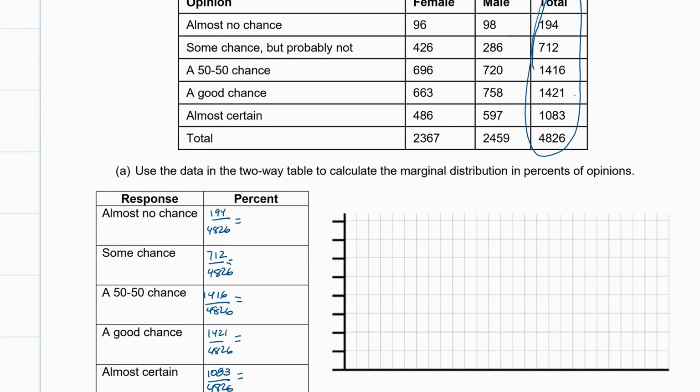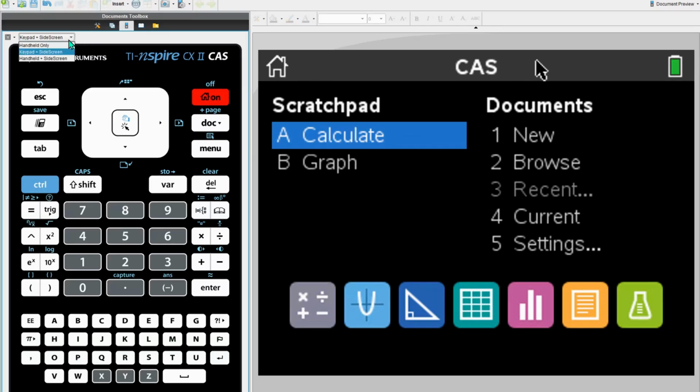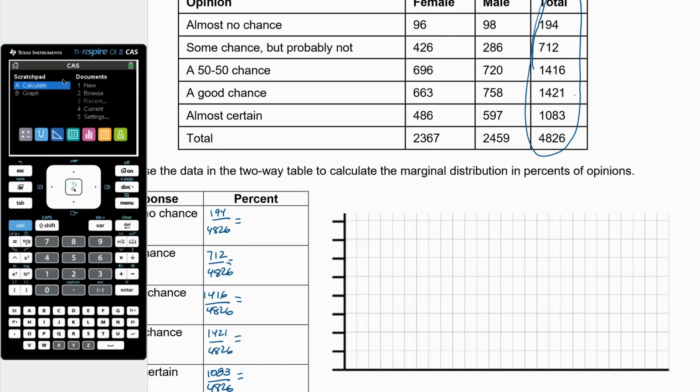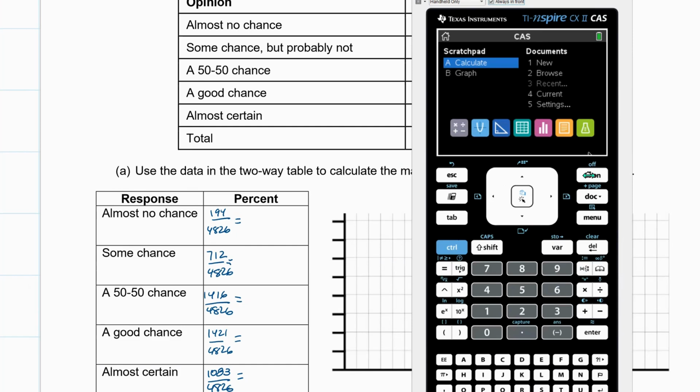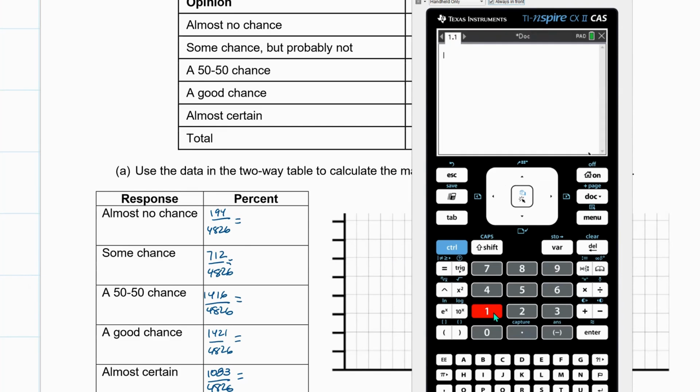So I'm going to switch over to my calculator. I want the handheld only. I want it on top. Let's pull this over here so we can see it really well. All right. I'm going to start a new document, add a calculator page, and I'll type in 194 divided by 4,826. When I do that, it just gives me a different fraction. But if I do the same calculation, hitting the control button before I hit the enter, I get that number, which is about